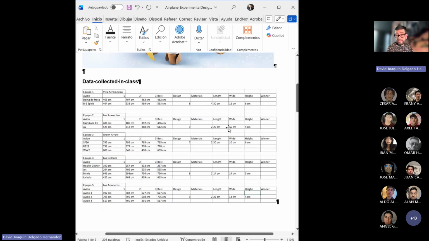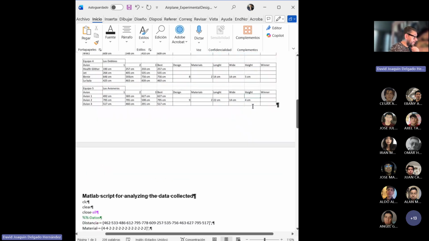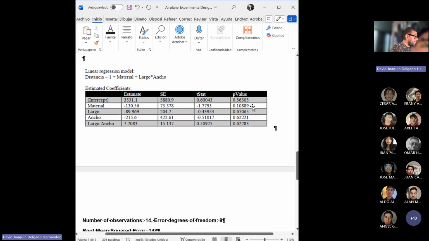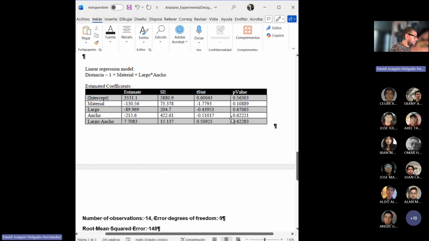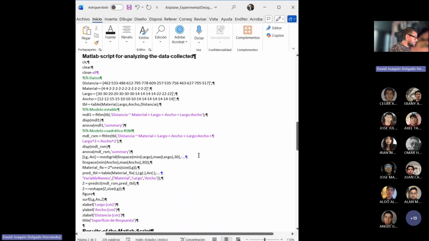Do you remember those that were made with bond paper, and others with folder, others with PET, and so on? So we have the material, the length of the airplane, we have the width, we have the height. Okay, so all this information is put together, and we arrive at these results by means of this MATLAB script,